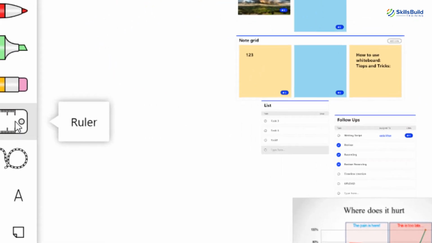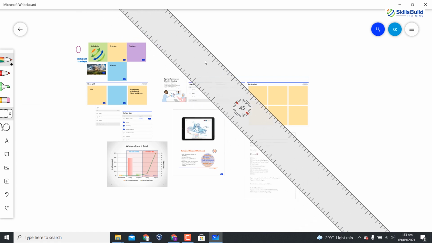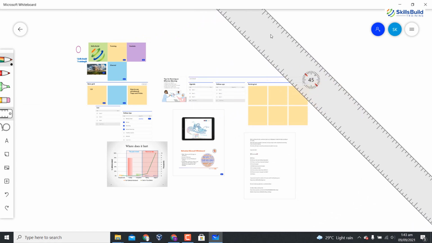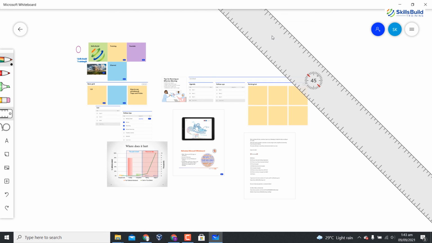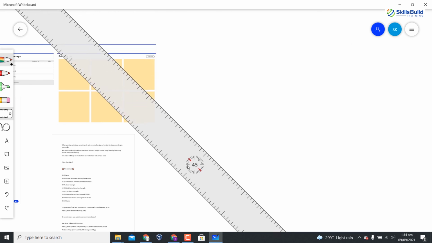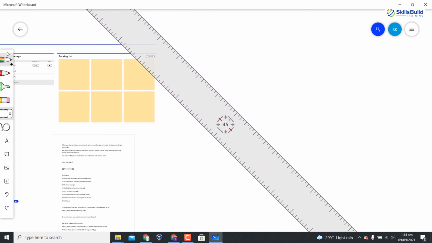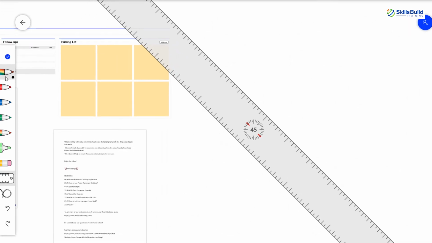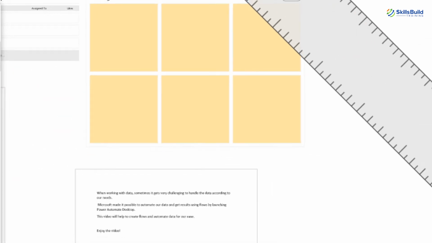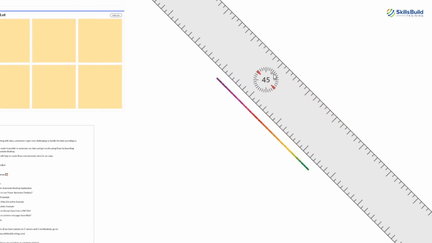Now coming towards the next thing, that is ruler. Well, it is a useful way to draw different drafts and to draw shapes. If you are doing a work of mathematics, you can use it. Now all you need to do is simply move it around and you can create different shapes. Adjust the ruler and then draw a line using this ruler. And draw a line here. You can use this ruler in order to draw a perfect line. You can create different shapes using it.